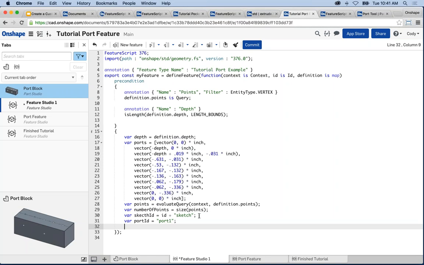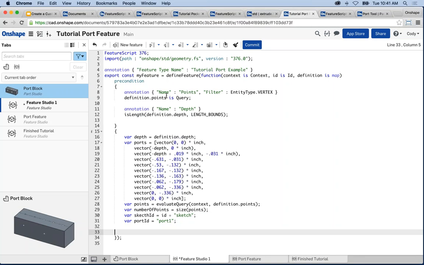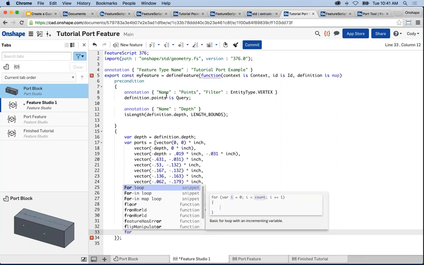And what we want is for every point the user clicks on, remember, they can click on as many points as they want in our dialog, we want to loop through a certain bit of code. So we want what's referred to as a for loop. If you're not familiar with the term, the for loop allows you to loop through a given number of set instances. In this case,